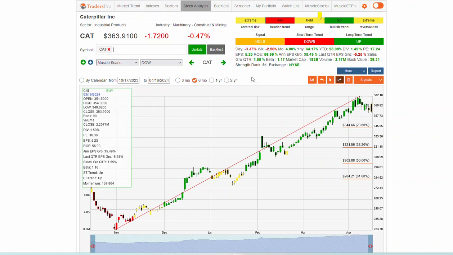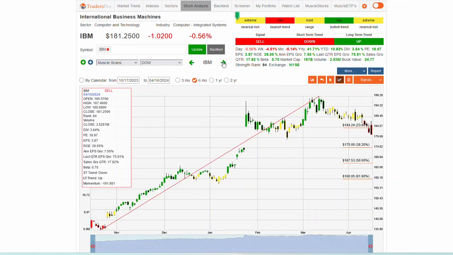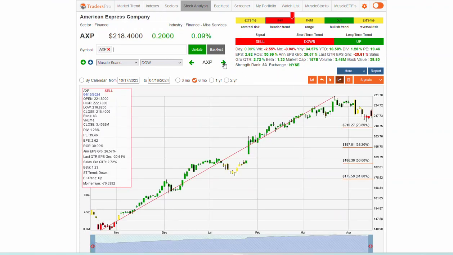So if we look at Caterpillar, okay, and let's look at the average as we go through these stocks to see where they're at. The leaders, you can see the 2 leaders, Cat and Microsoft, in pretty solid bars to the downside. IBM already weakening below the momentum zone. AXP, which is American Express,